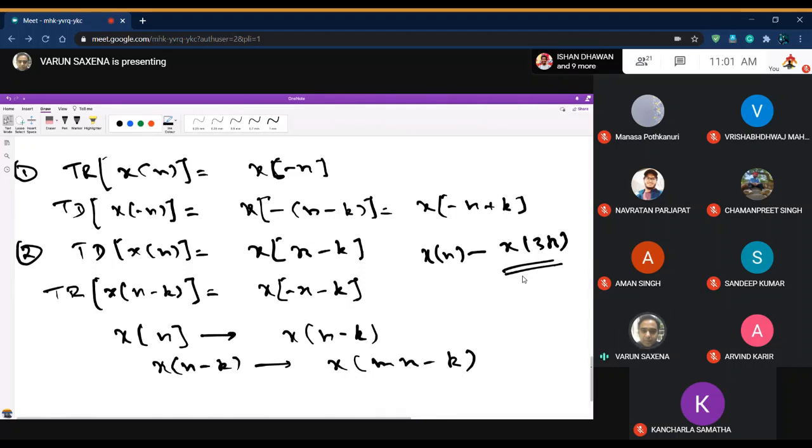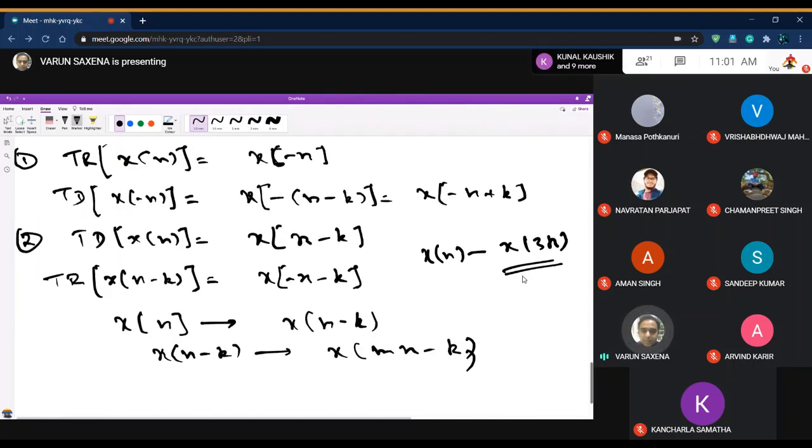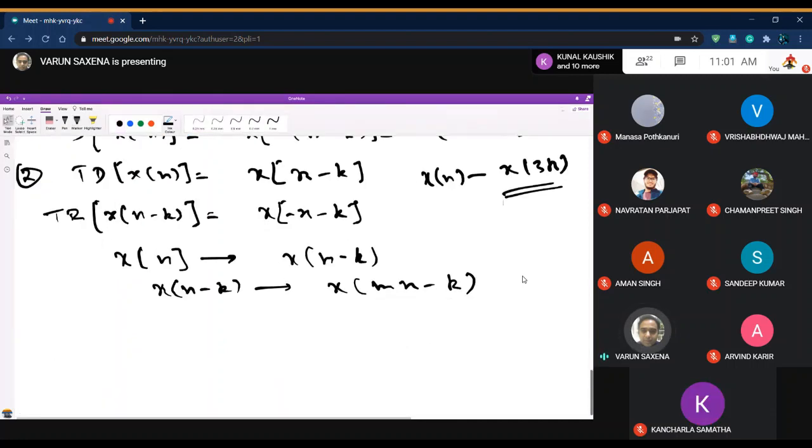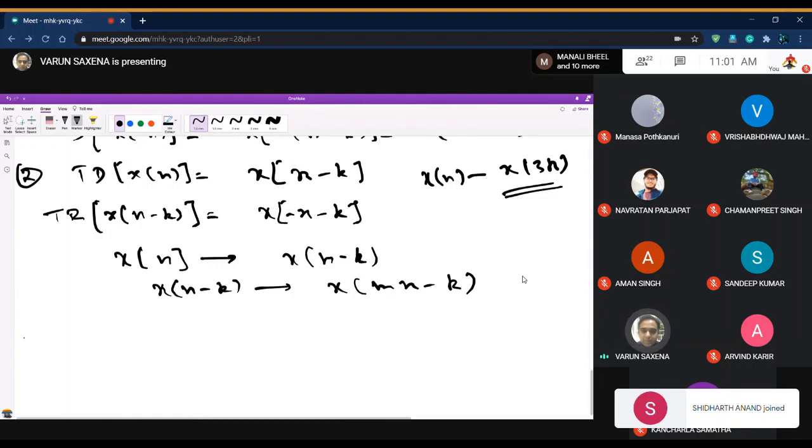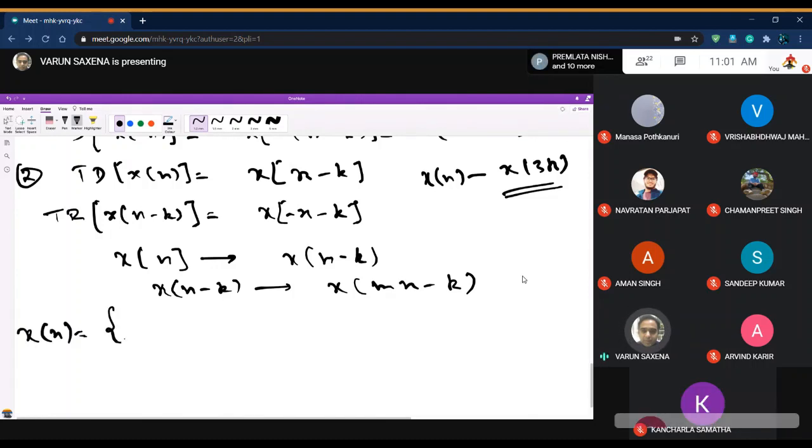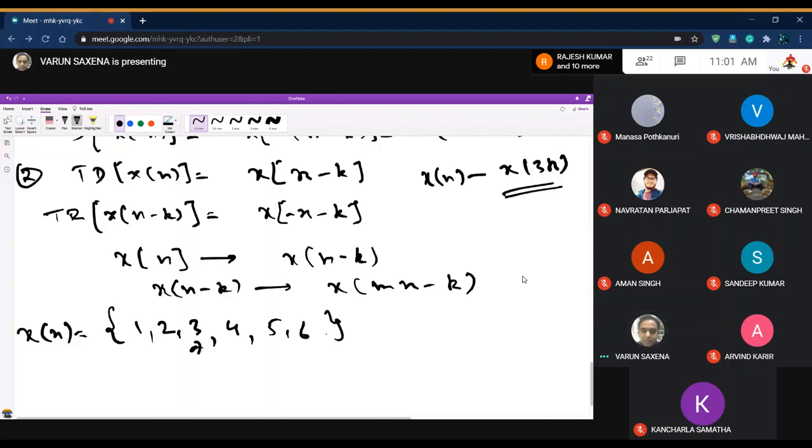Okay, so let's take up some problems. I want people to do this exercise. Let's start with something simple. This is all that we are going to do today in the class. We're going to do some problems on folding and so on and so forth. The same sequence is there. Tell me what is x[n minus 3]. This is simple. You should be able to tell me.